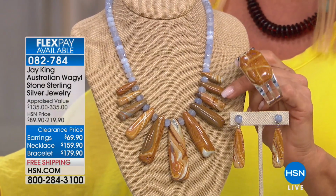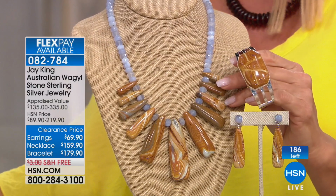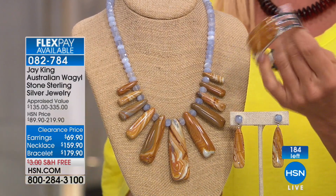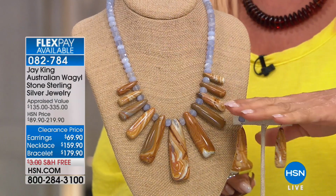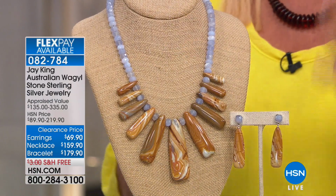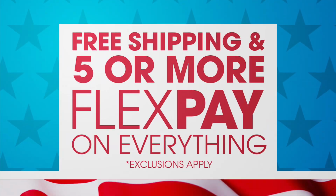Our Wagyl stone is almost sold out. The bracelet, I have 10 left. That's going to be sold out. The necklace, I have 70 left. And the earrings, I have 100 pairs left. So again, stay on the line for that. I think if you're that unique gal and you're like, hey, you know,